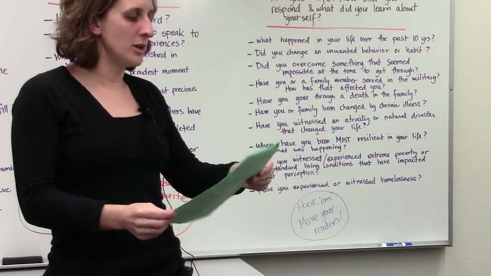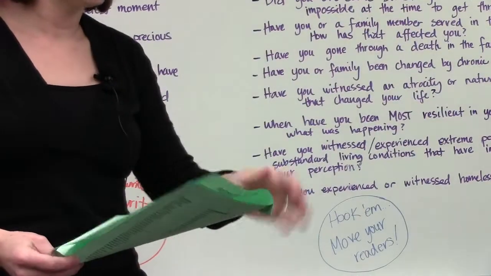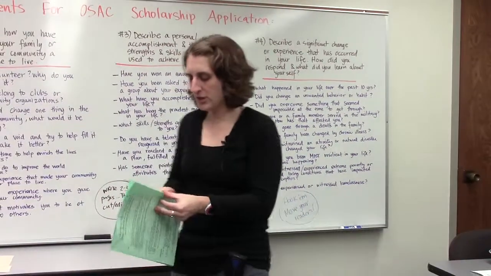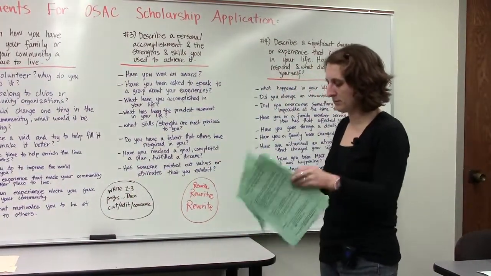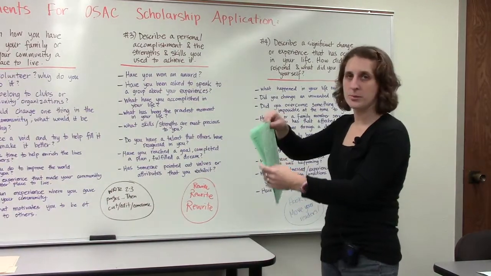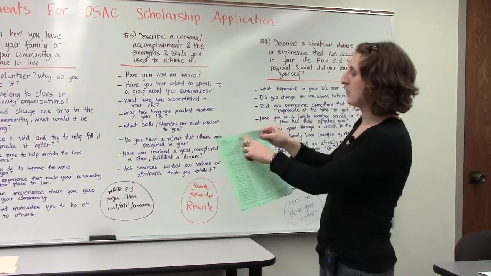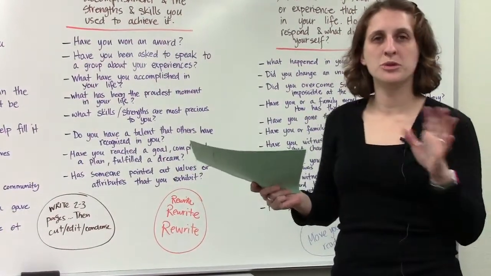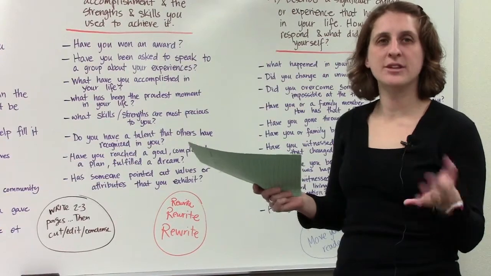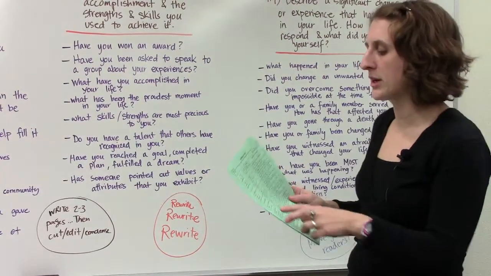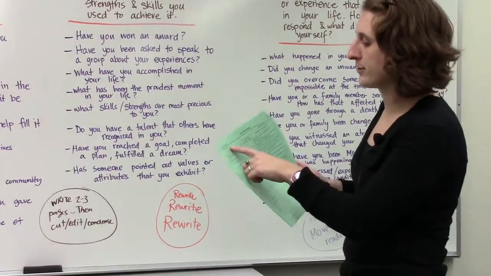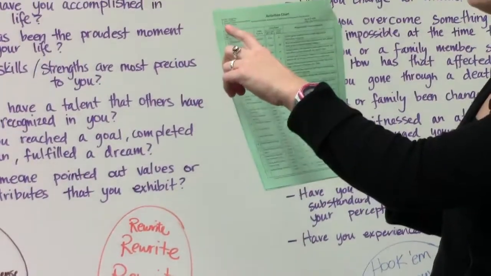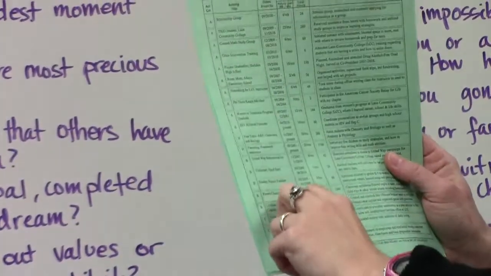So let's move on to the activities chart. The activities chart is only required for OSAC, and that's in your Green Scholarship packet. In the Green Scholarship packet, you have an example activities chart. What we did in the first presentation was list our activities, hobbies, and paid work history, and you're just going to use that information in the activities chart. There are 3 different categories: school activities, volunteer activities, and paid work history.